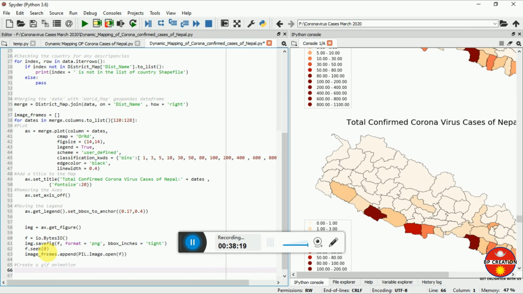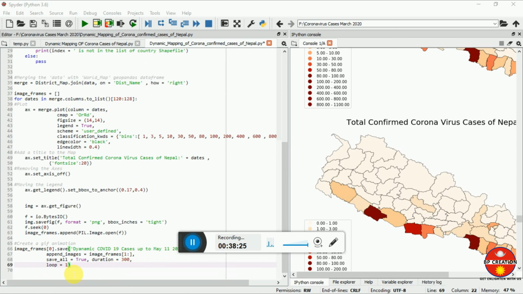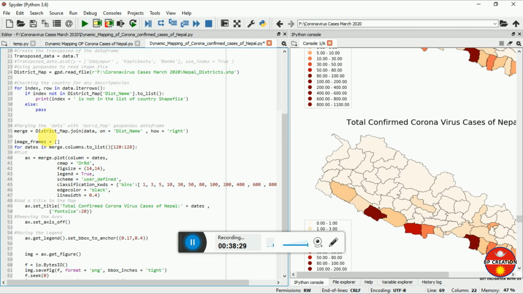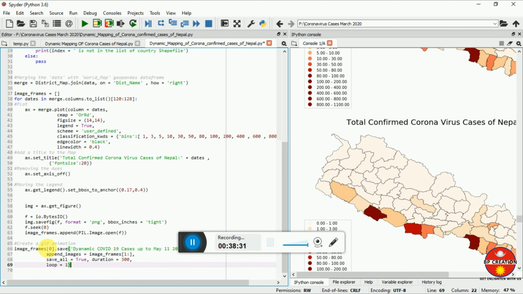You can see it here. I am going to create my GIF animation here. Now I have typed this. After this, it helps to bind our image frame according to the wish, and I am going to save it as download COVID cases up to